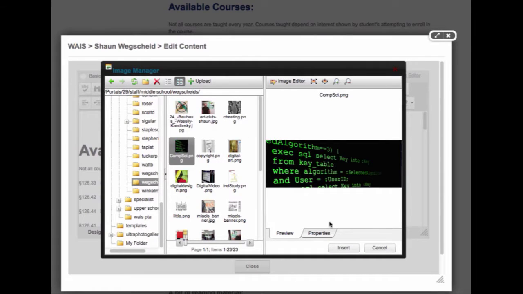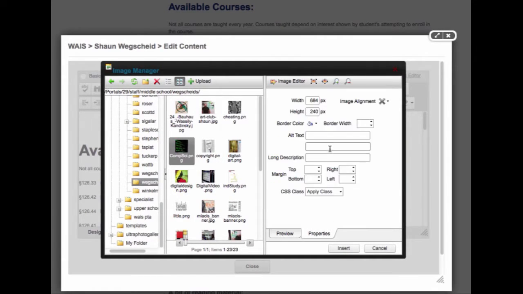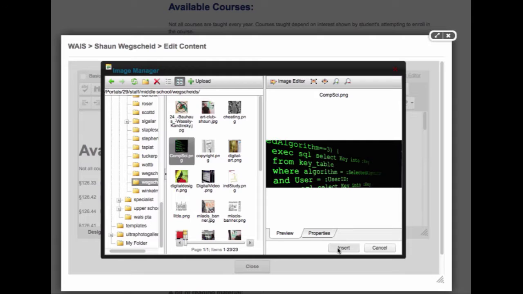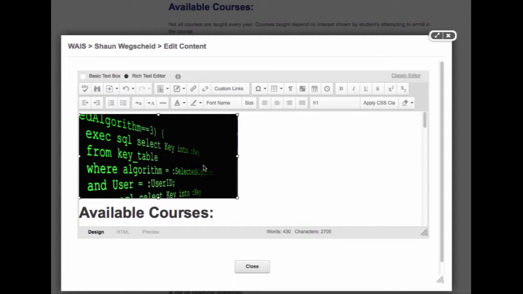So let's say this is what I want. If I click Properties, I can modify the width and the height. If I click this little lock, it'll keep the two proportional, so that way I don't end up with a weird stretchy image. And I can say 600. Now if I have it unlocked and I do something weird like 400, and I've left 211 there, and I tell it to insert, I'm going to get this weird stretched image. This doesn't look too bad here because it's just text, but if it was a person or something, it would look weird. So if I close this,